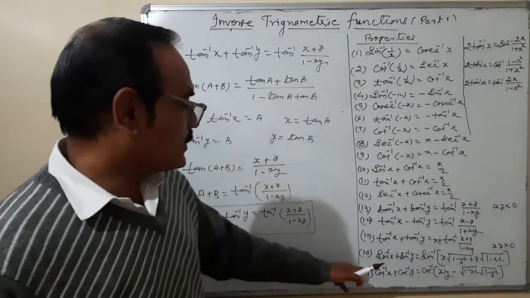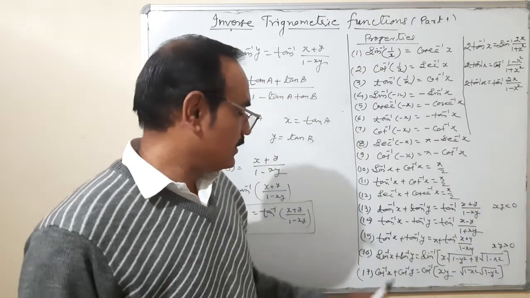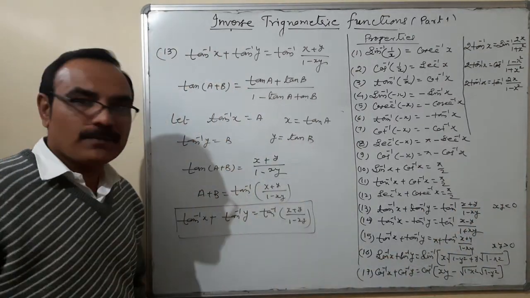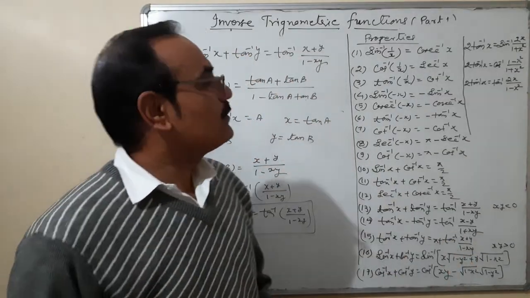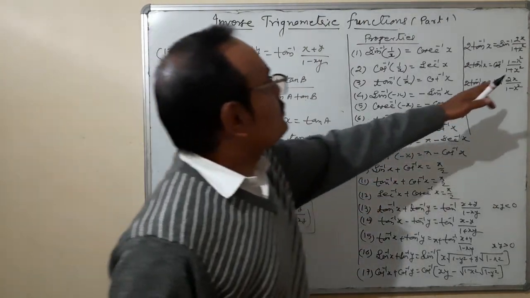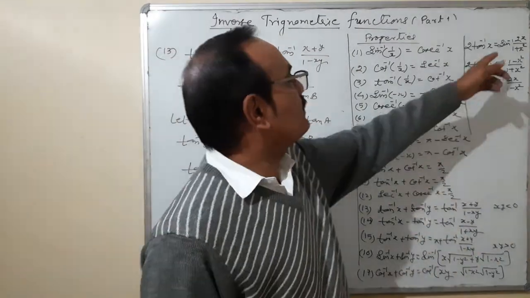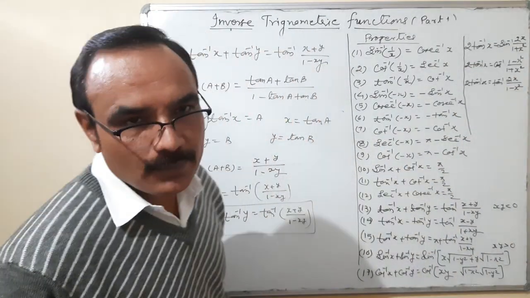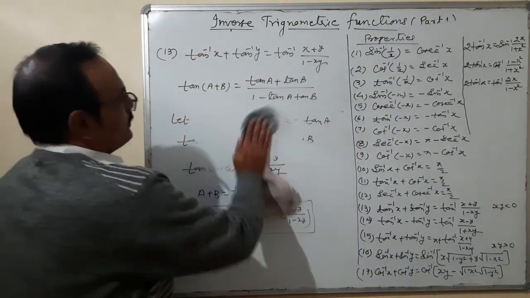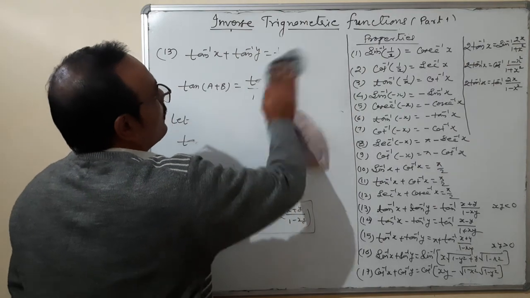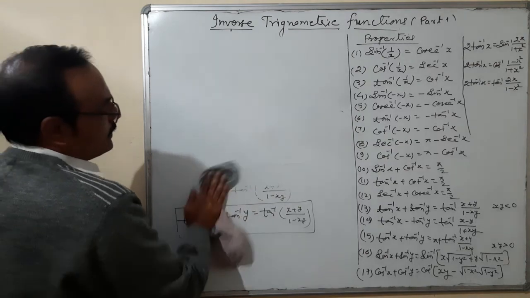Any other? For sine inverse and cos inverse, again using the same thing: sin(a plus b) is sin a cos b plus cos a sin b, and cos(a plus b) is cos a cos b minus sin a sin b. See, if this is a plus sign, here is a minus. Here also, same as 2 tan inverse x is equal to sin inverse of 2x upon 1 plus x square, we use the formula tan 2a is equal to 2 tan a upon 1 plus tan square a. So actually these are properties, but we should know how to prove these properties, only then we can use them in questions.